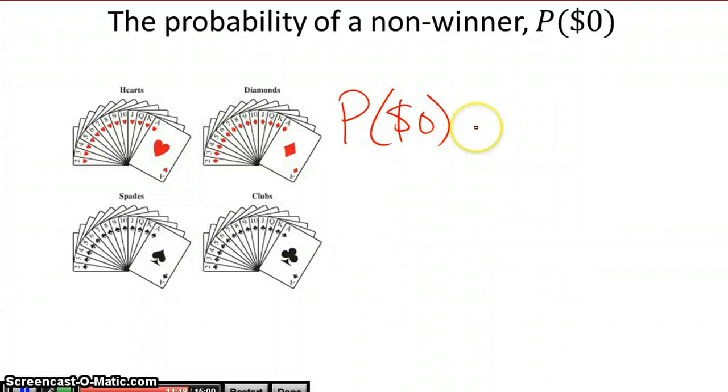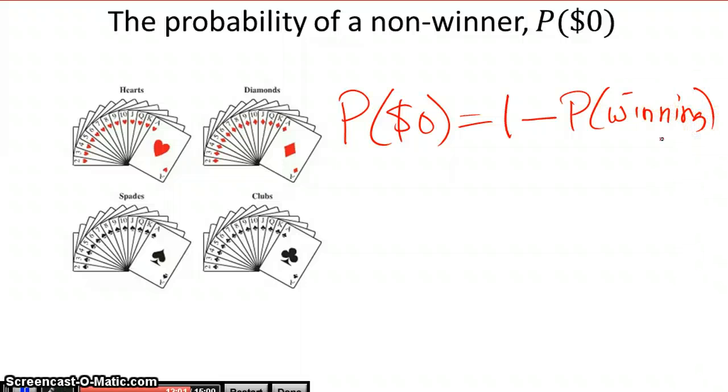So really, if I want to calculate the probability of $0 or not winning any money, I'm going to use the complement rule and just say, all right, well, let's subtract the probability of winning from 1. That's the complement of not winning any money. So I take 1 minus the probability of winning, which is really going to be the sum of the probabilities of winning any money, because they're all disjoint. You can't win $1,000 and at the same time $100, or for that matter $100 and at the same time $10. You have to win one or the other. So 1 minus that